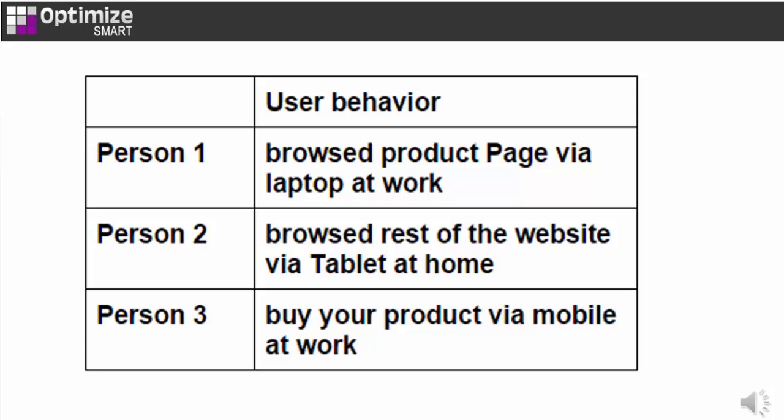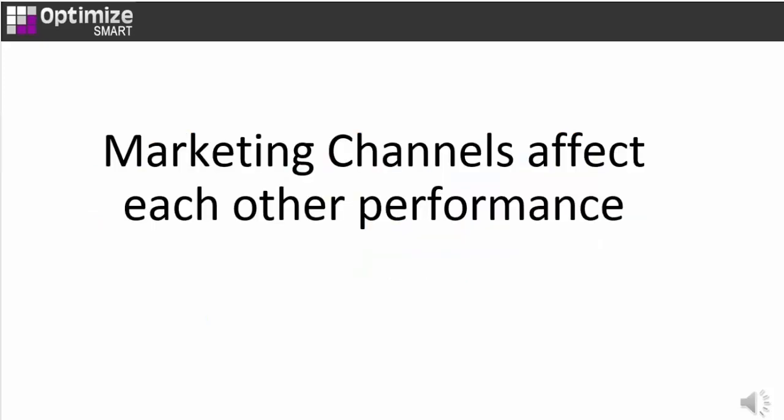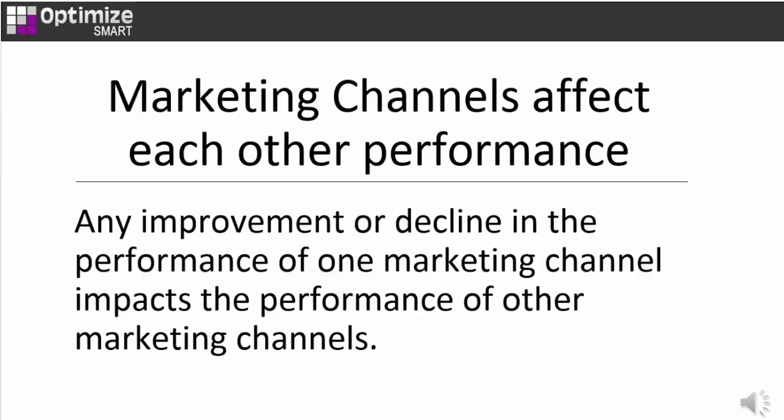The next thing that you need to explain to your client is that marketing channels affect each other's performance. Because people can use multiple devices and multiple marketing channels during their purchase journey, any improvement or decline in the performance of one marketing channel impacts the performance of other marketing channels. So say, if you suddenly switch off all of your PPC campaigns, you are most likely to see a decline